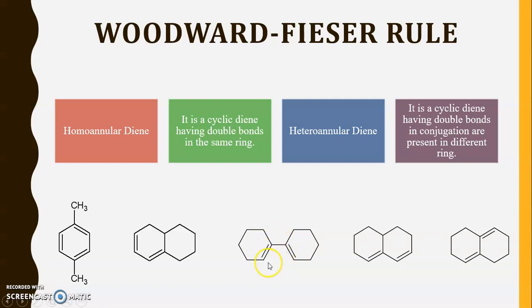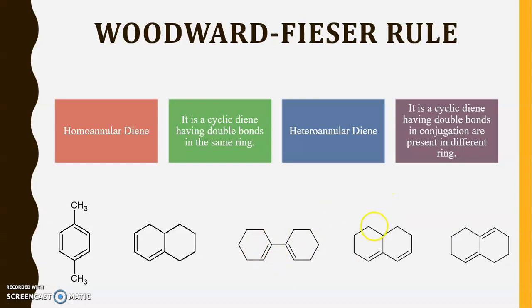Now what is the meaning of conjugation? If we move from this carbon atom to this carbon atom, here you can see a double bond is present. After this double bond, a single bond is present, and after that there is immediately a double bond. In that case only this particular compound is known as the heteroannular diene,